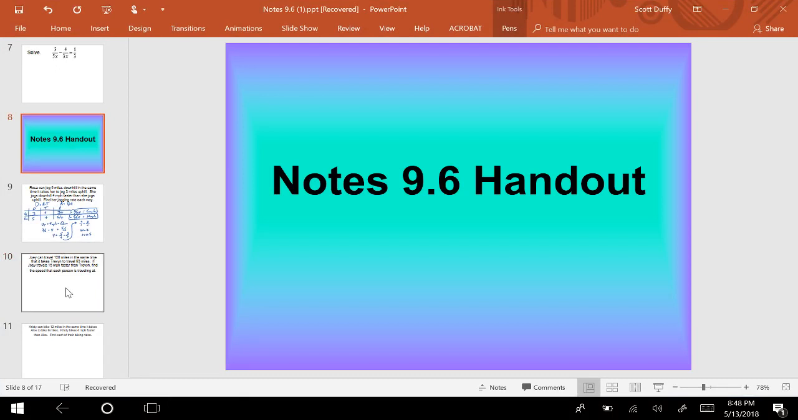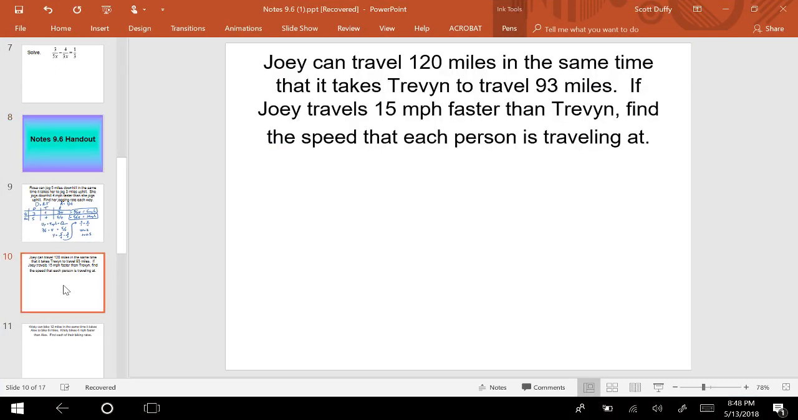Going back to this. Okay, so Joey can travel 120 miles in the same time that it takes Trevin to travel 93. If Joey travels at 15 miles per hour faster than Trevin, find the speed that each person is traveling at. Okay, we have to remember that distance is equal to the rate of speed times the time, or the rate equals the distance divided by the time. Now we know that Joey